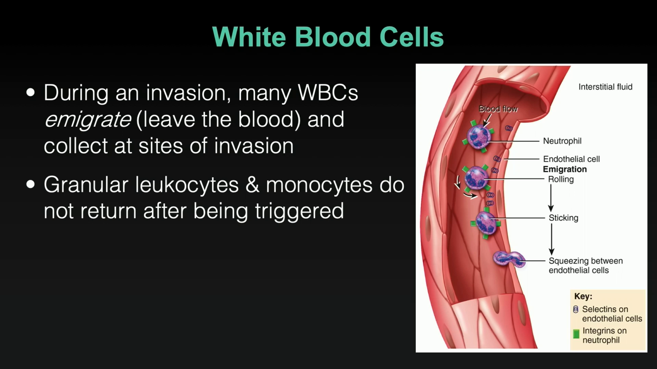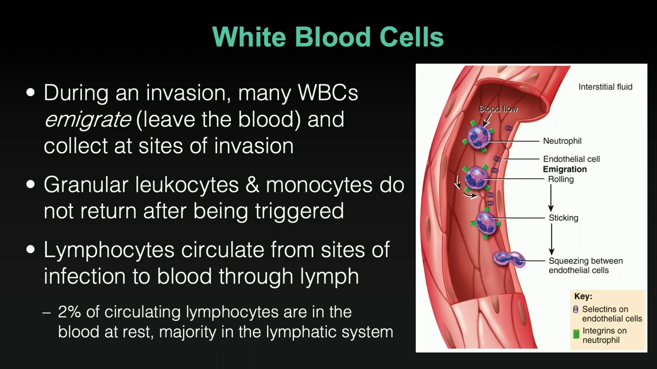4 of the 5 types of white blood cells leave, and don't return after being triggered as part of an immune response. So all of the granular leukocytes and monocytes that differentiate into macrophages, they leave the blood, don't return. They don't return to the lymphatic system. It's terminal. Lymphocytes, on the other hand, will leave the blood, will fight infection, will differentiate, will produce antibodies, and